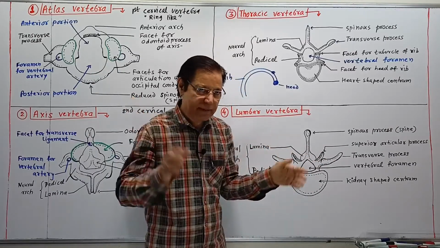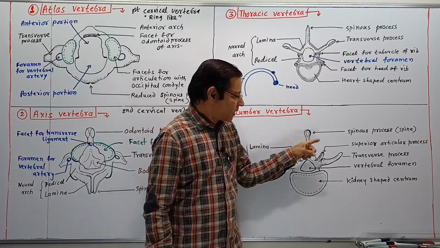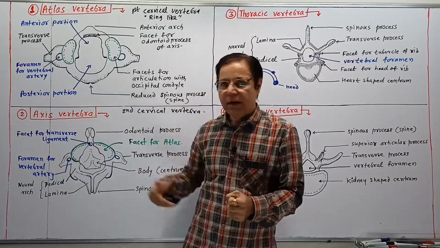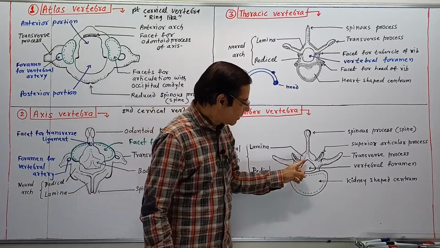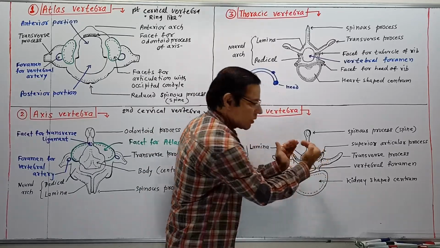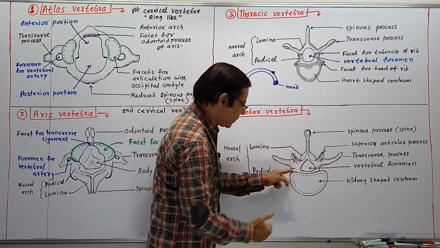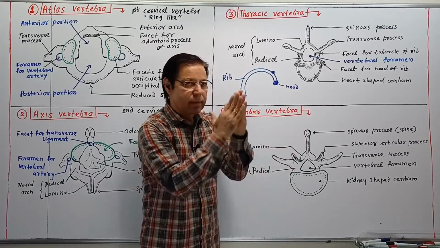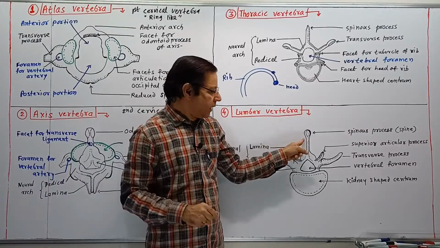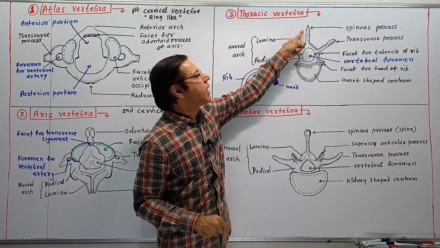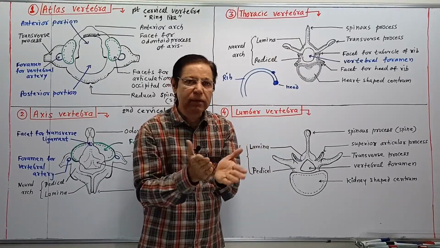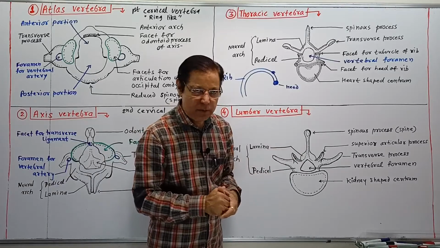Well-developed transverse processes are there. As we know, the spinous process, transverse process, any type of process helps in attachment of muscles on the vertebrae. Then the pedicel and the lamina of the neural arch form a spinous process. The spinous process is also called the spine. Here, as compared to the thoracic vertebra, the spinous process terminally becomes somewhat broader, a spoon-shaped spinous process.